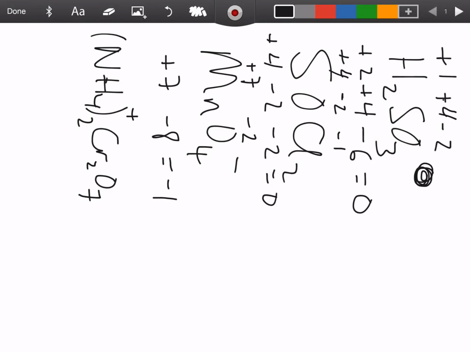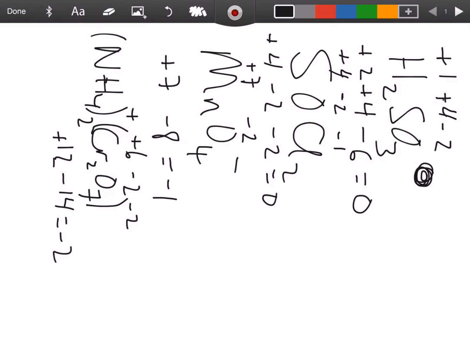And what does that make the charge of the Cr2O7 portion of the molecule? That makes the charge on this piece of it a -2, right? So we can attack this in 2 different ways. Let's start with what I think is the easier one, and that is the dichromate part, right? So each oxygen is a -2. That gives us a grand total of -14, and the charge on this dichromate is a -2. That means that the chromium must be a total of +12, and since there are 2 chromiums, each chromium must